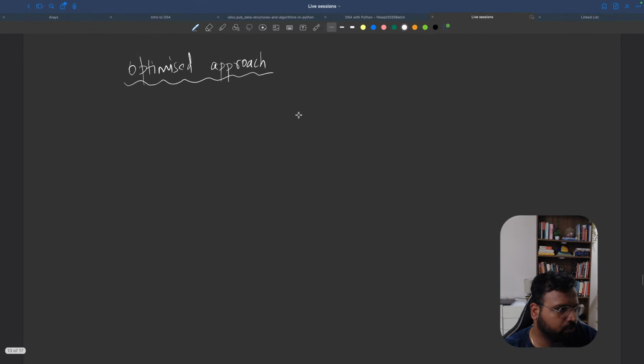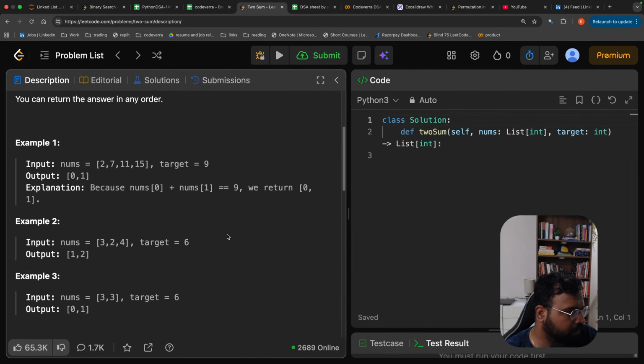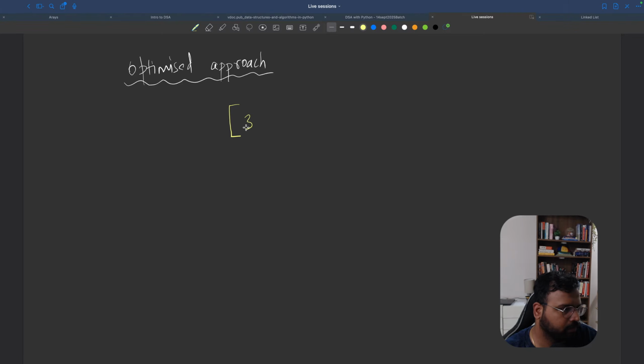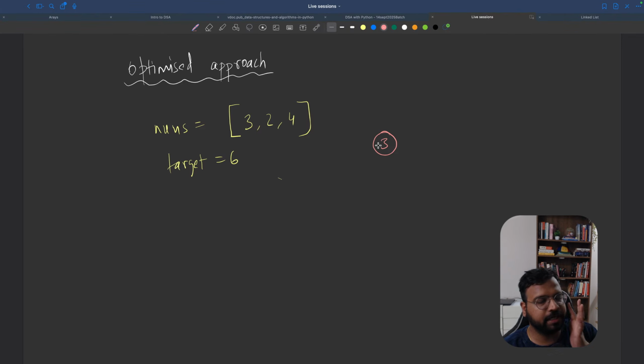Okay. So if I frame the question a little bit differently now, and I take the same example, which is 2, 7, 11, and 15. Let me take another one. Let me take 3, 2, and 4. This is my nums. And I have a target which is equal to 6. Okay. So if I look at the first value, which is 3, if 3 is supposed to be in the answer, or index of 3 is supposed to be in the answer,